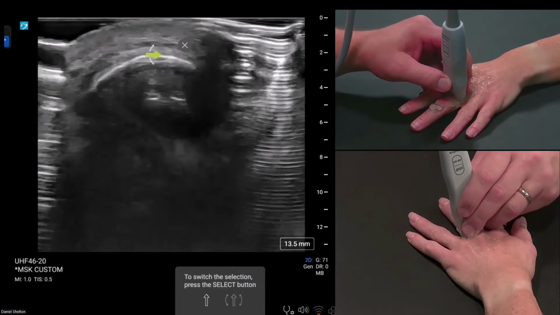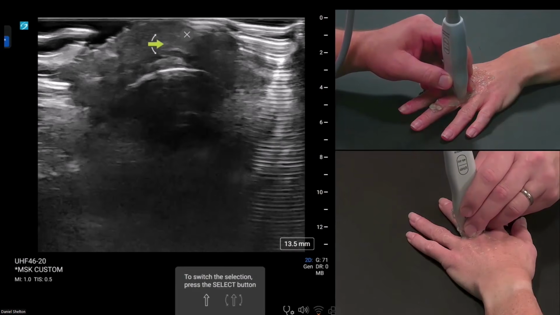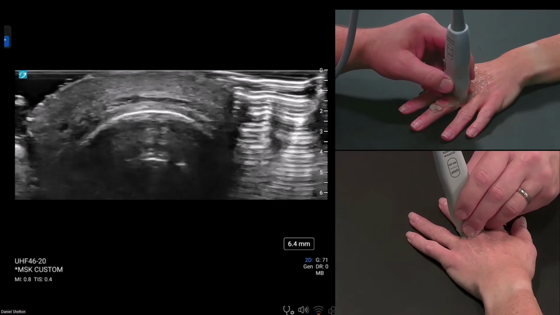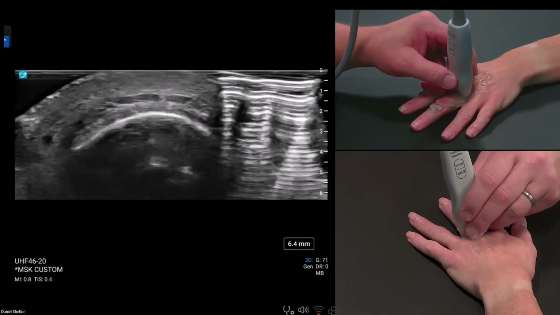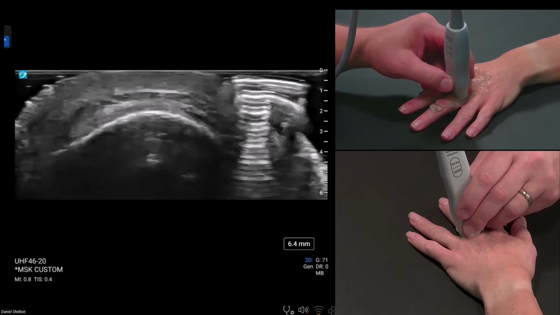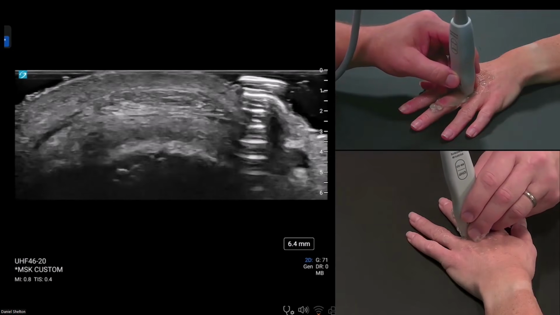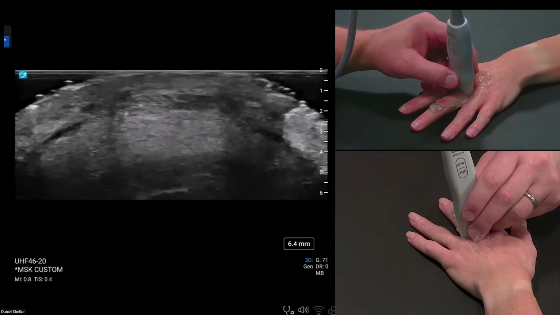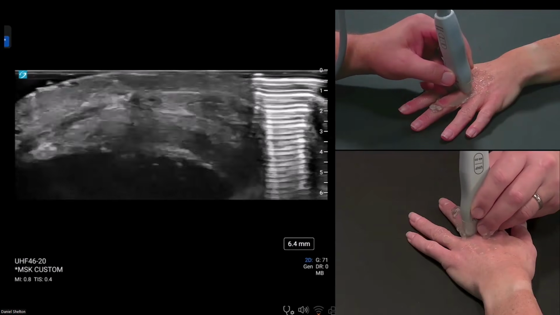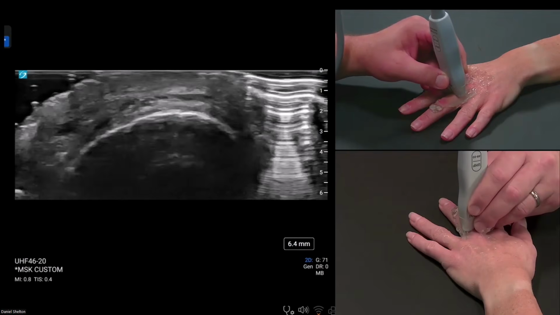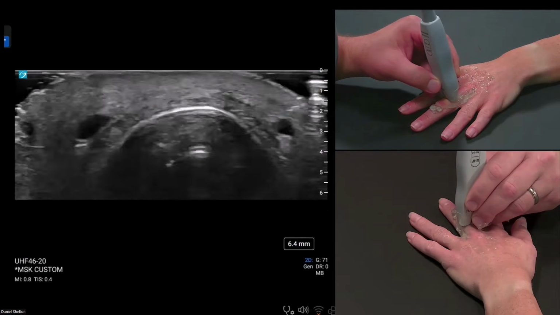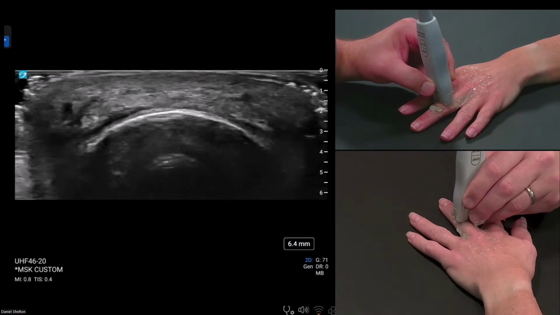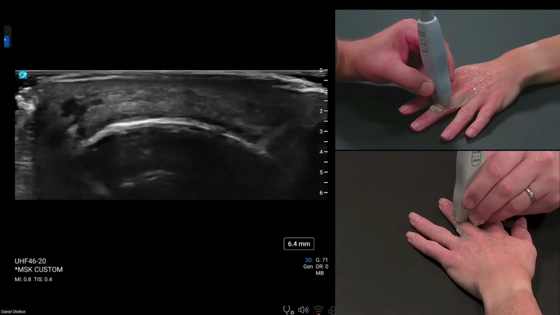But you can follow that extensor tendon, which is this oval. Let's go more shallow. There we go. Really, really nice. Nice flat extensor tendon. So distal, proximal, and then move into another zone. Distal, proximal, and just pick one structure and then just kind of vet it out with the beam. Because here you can even see the extensor tendon as it reaches the central slip area, the PIP.